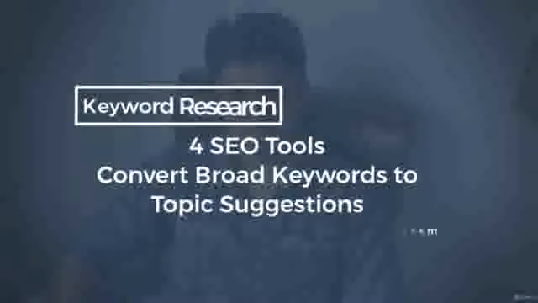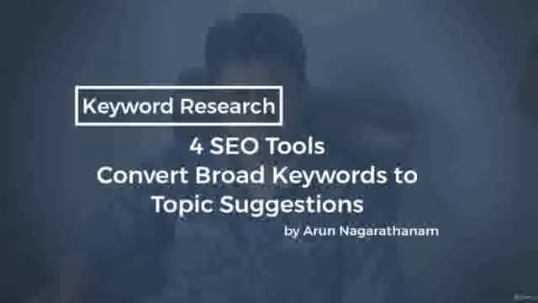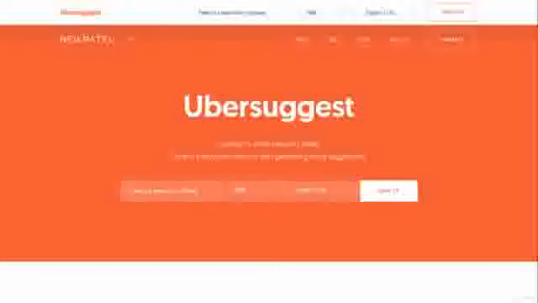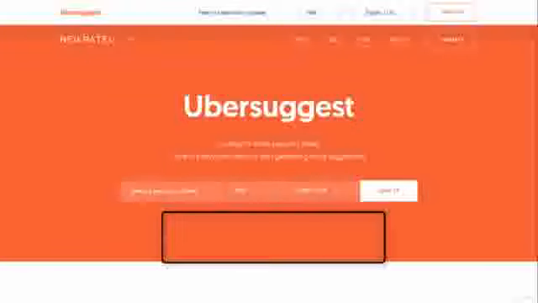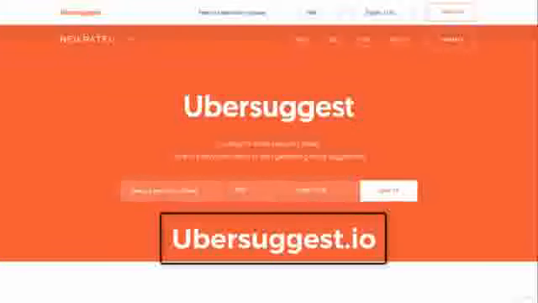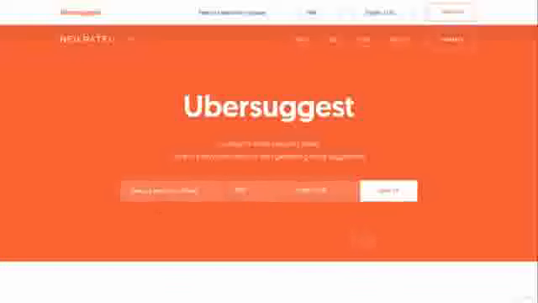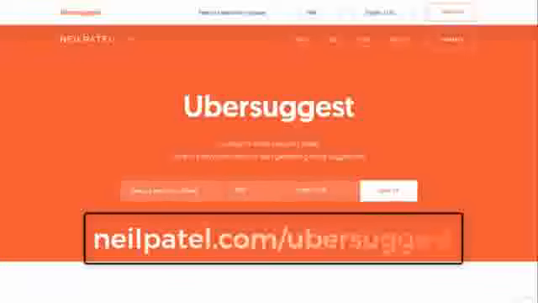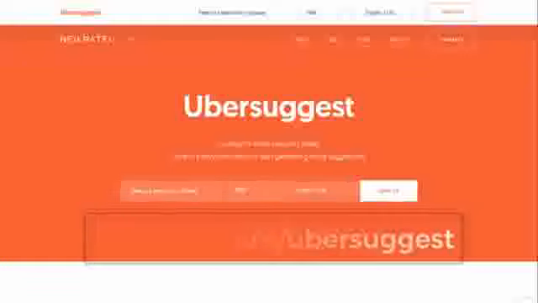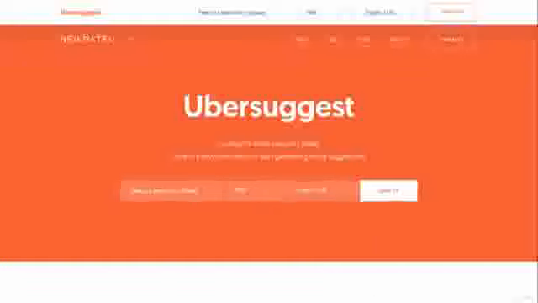In this lecture, you will learn about 4 SEO tools to convert broad keywords into subtopics or topic suggestions. The first tool that we are going to discuss is Ubersuggest, and the URL is ubersuggest.io or neilpatel.com/ubersuggest. As per our test scenario, I'm going to build or set up a smartphone news or reviews